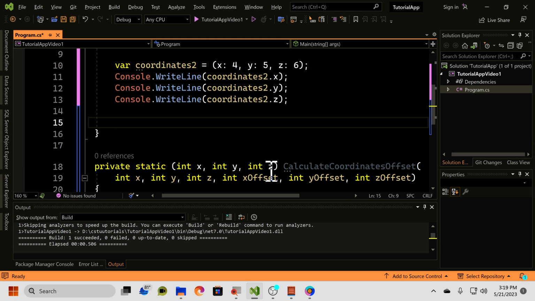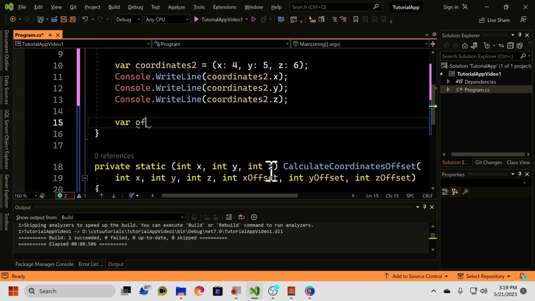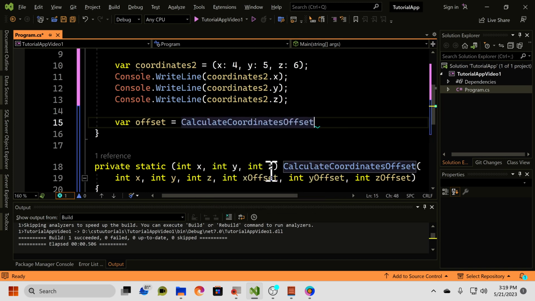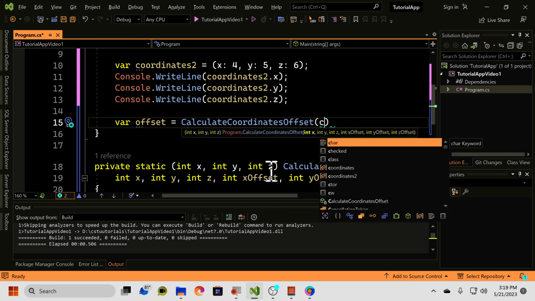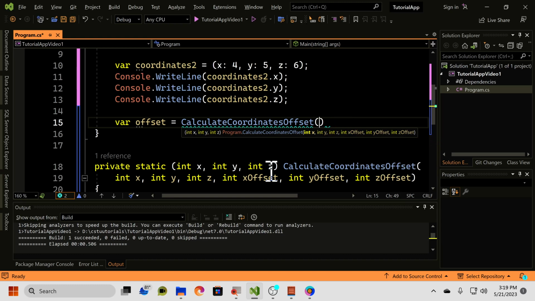And we can say var offset equals calculate coordinate offset, and we'll pass in some values